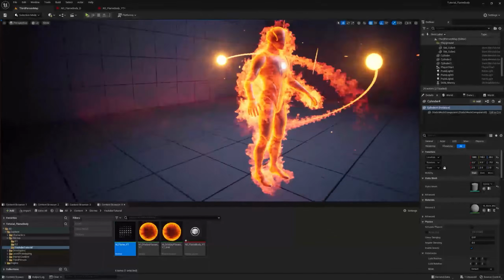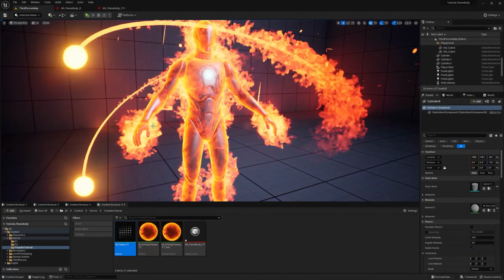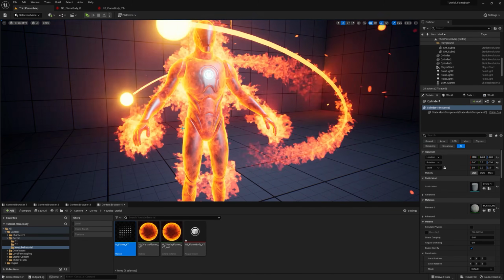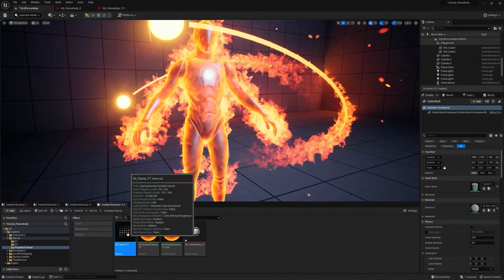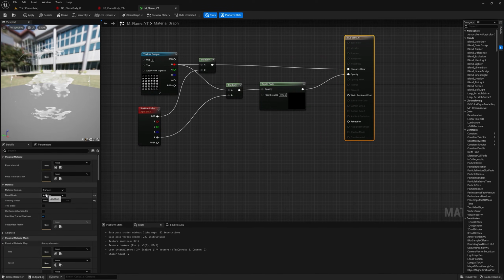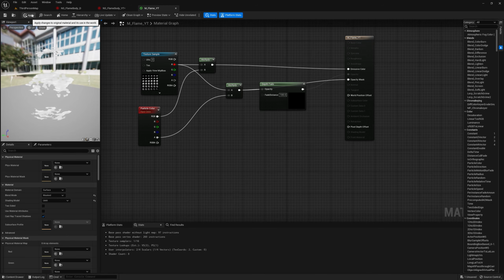So here you can see that there is a lot of particles spawning in the hand because there are a lot of vertexes and bones in the hand. So things like that you can fix by using the filtered bones and sockets, etc. And one more easy fix is that we can go to the material, and here instead of additive we can set this to like mask. And now if we just connect this to the opacity mask and click apply,